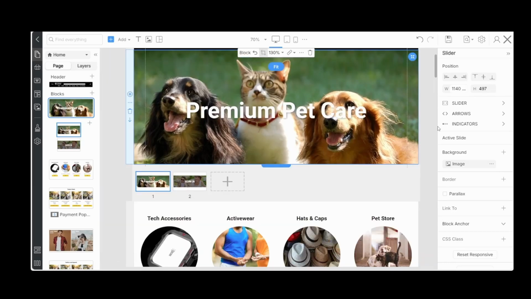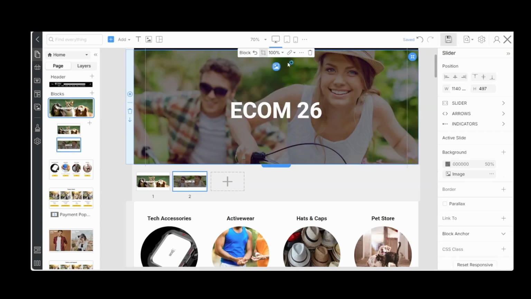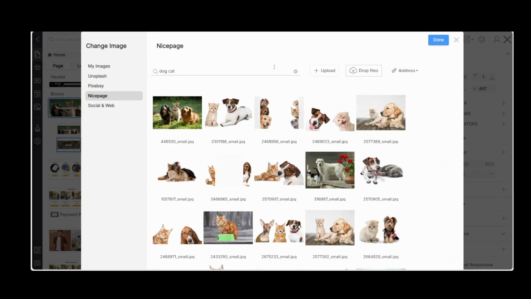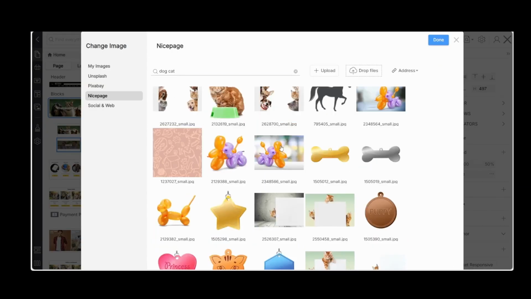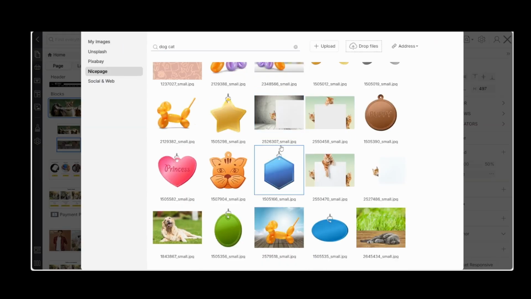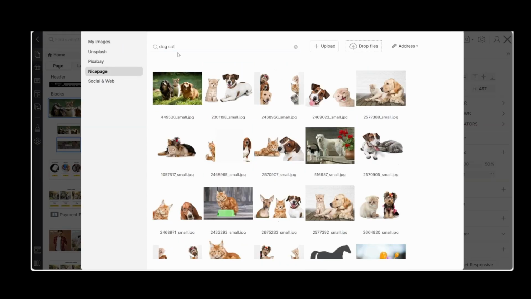Let's apply. That looks pretty good right there. Let's save. And let's continue with the second pic. Let's open that to change image, and let's see what we have here. That looks good. Let's go back to pet.